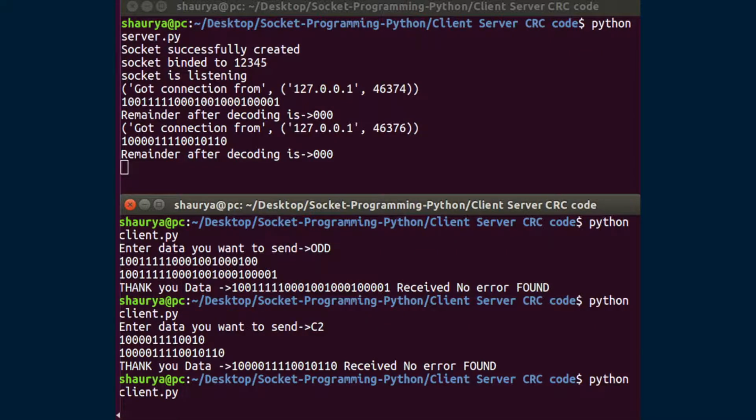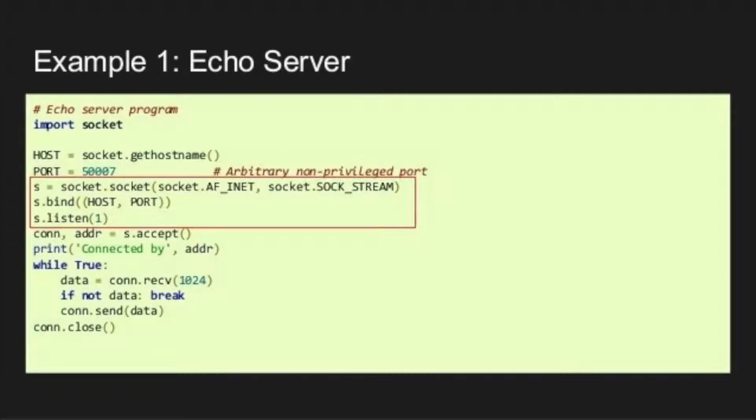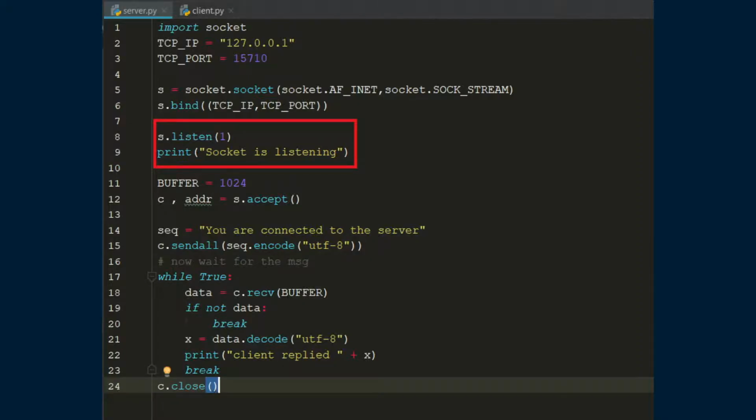Next, we will discuss server socket methods. The s.bind method binds the address, a host name and port number pair, to the socket. The s.listen method listens for communications made to the socket.